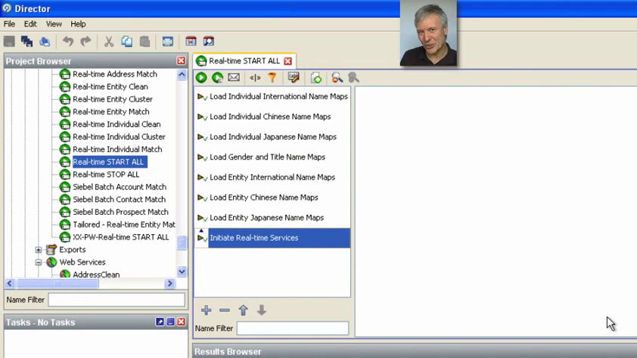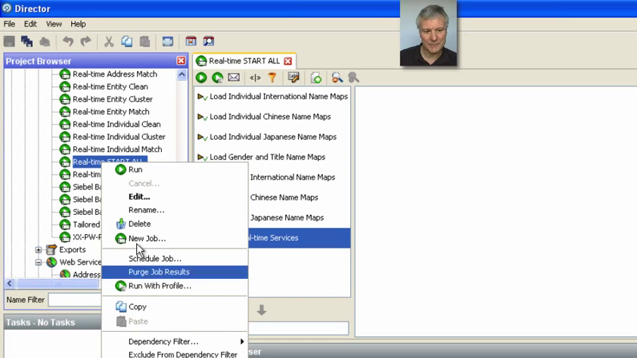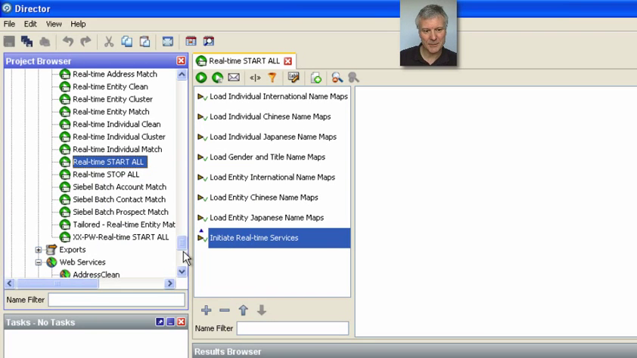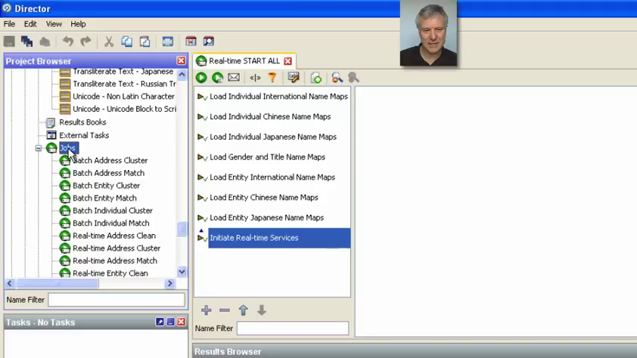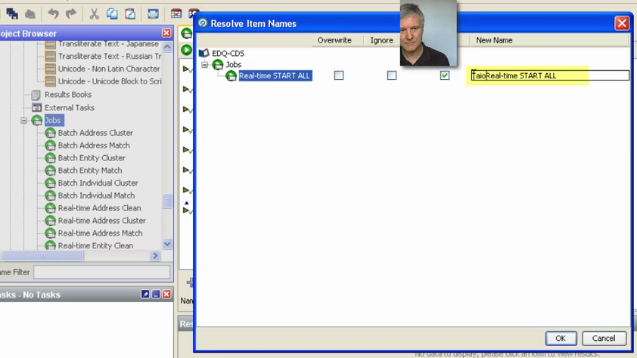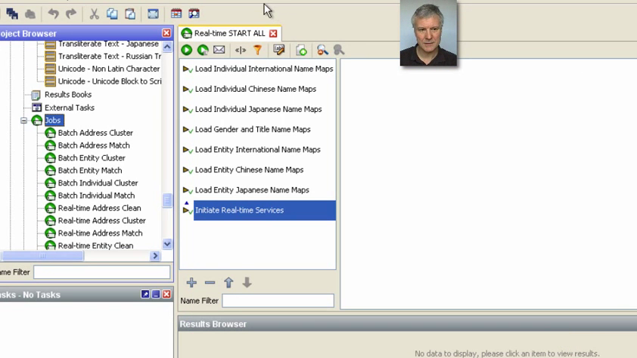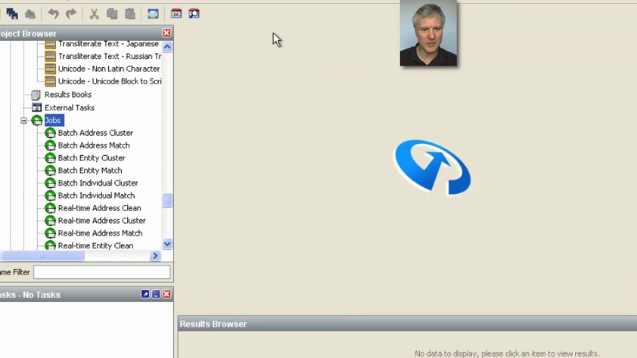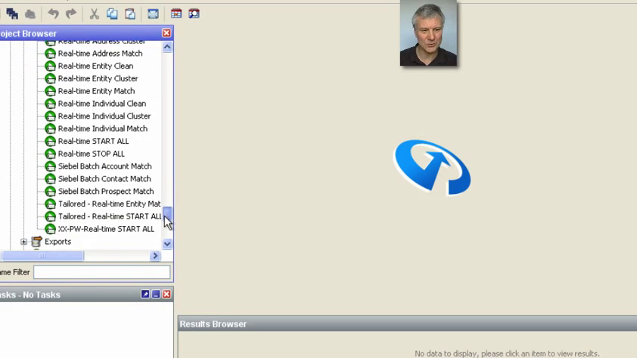So again, what I'm going to do is rather than just change that, I could just change it, but actually I'll do the same again. I'm going to copy it and I'm going to paste it in and change its name. So we're going to have our own version of it and we'll call it tailored. Tailored real-time start all. Okay, so let's open up our tailored real-time start all